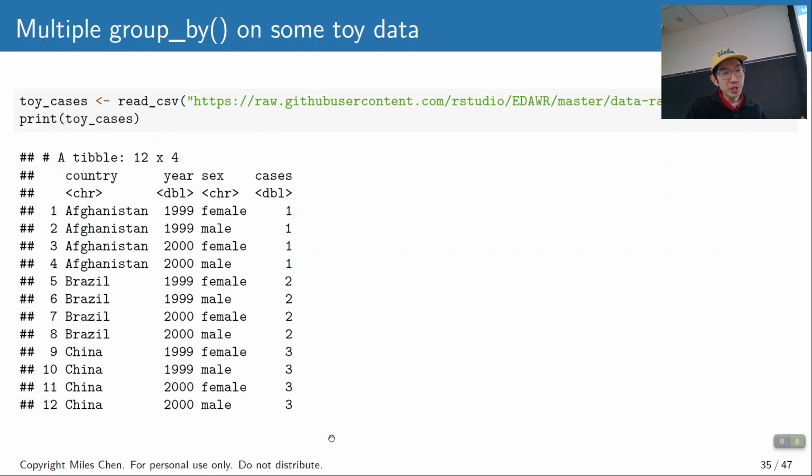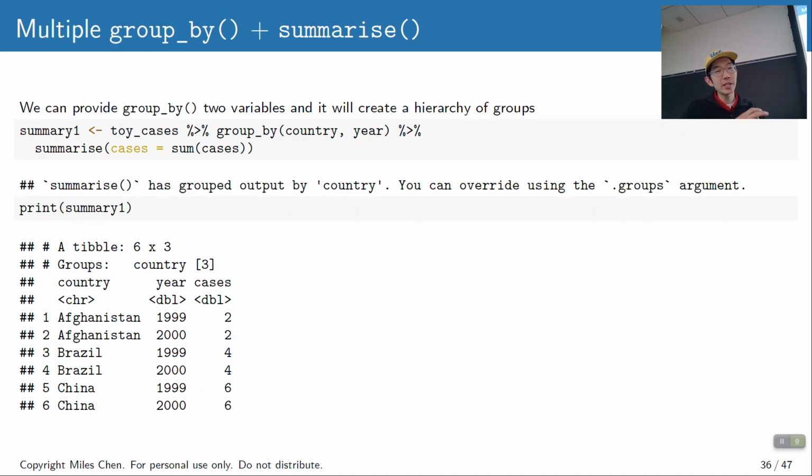And what we're gonna do is take this toy fictional data and do group by, and we're gonna use 2 columns. So here I'm gonna do group by country and then year, and then we're gonna say sum the cases. When we group by country and year, we have 6 groups: Afghanistan 99, Afghanistan 2000, Brazil 99, Brazil 2000, China 99, China 2000, and then the sums sum up the corresponding